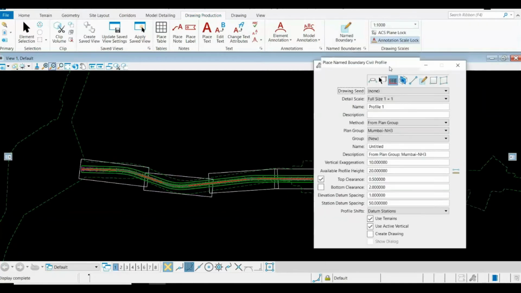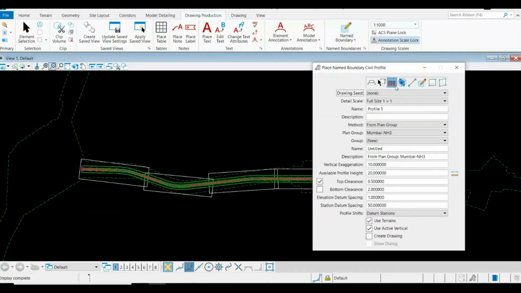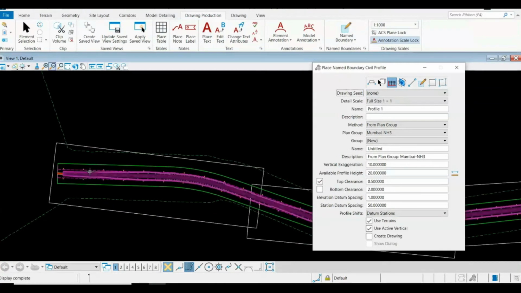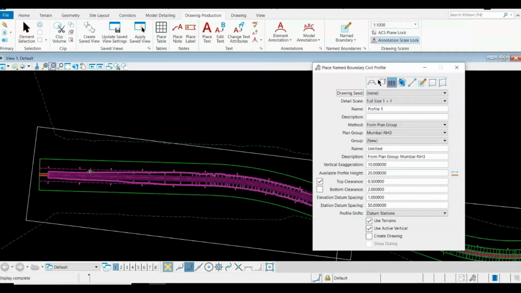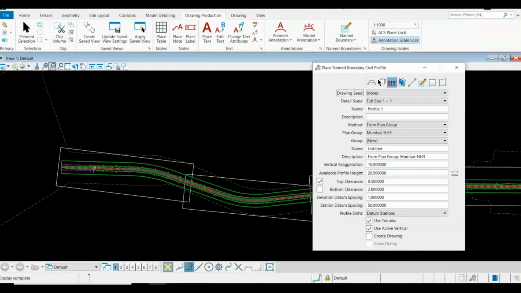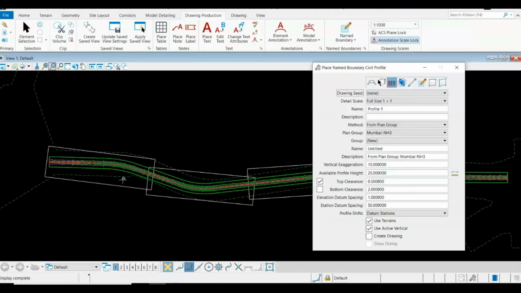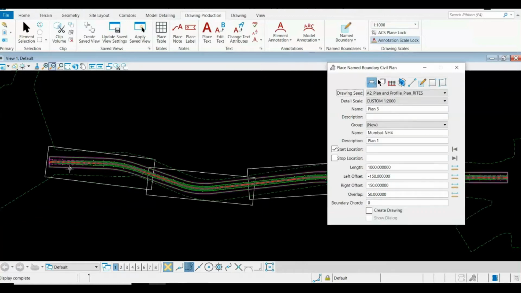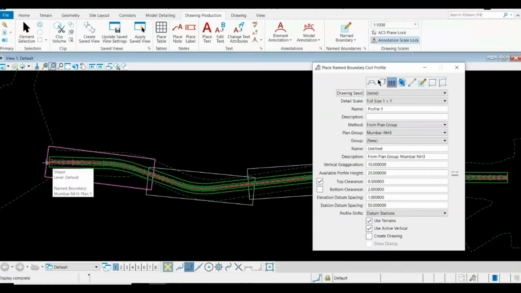Before selecting civil profile, if I do the same thing, set my values and then snap it, I would be making a blunder: I would be selecting my center line in view port number 1, which will not work, and you cannot successfully make your profile. When I was creating the plan, I selected the center line in view 1, and for the profile I need to switch on the profile model, the profile view. Before switching on, let's see what the parameters or attributes in the profile are.